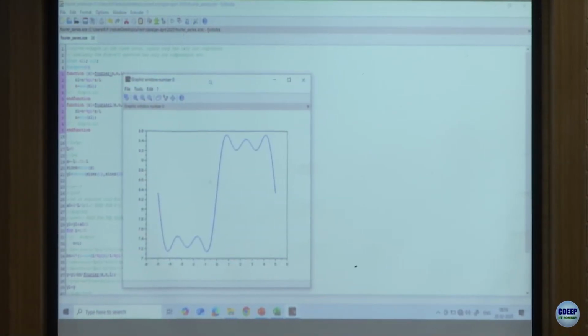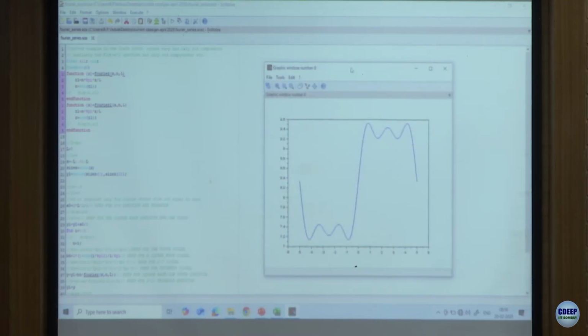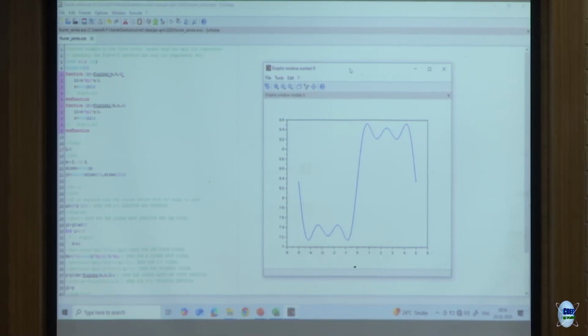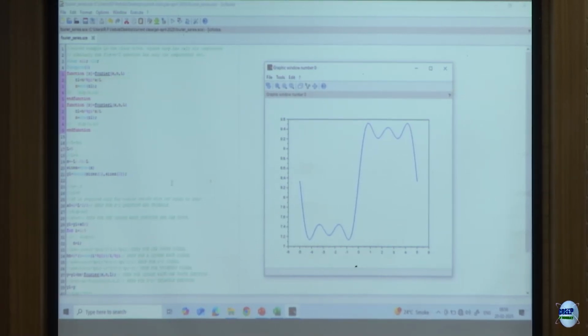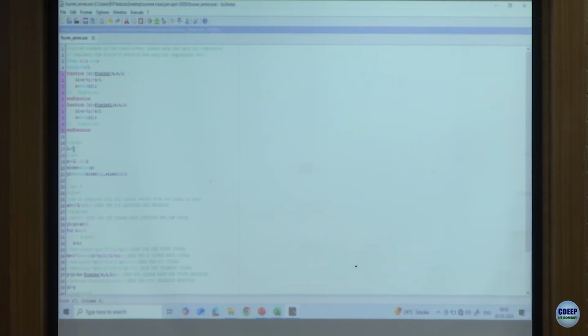okay, so if I'm going to take a very few number of terms, remember we have to go up to an infinitely large number of terms. How infinite is infinite, we don't know. But if you take a few terms, what you see is that already it is looking like the wave that I want it to look like. If I make it fewer, then it will become worse. So if I just take, let us say, 2 terms, in this particular case it will become worse. So if I take only 2 terms and then suppose I execute this guy,